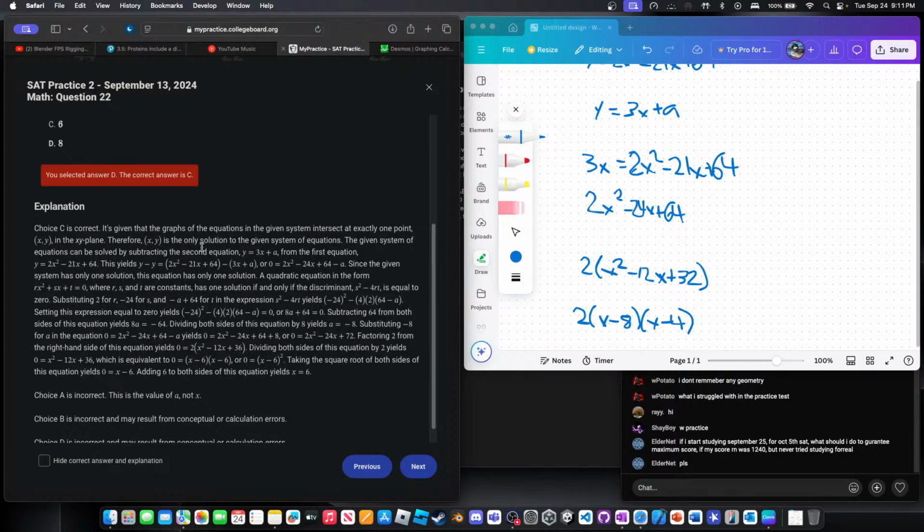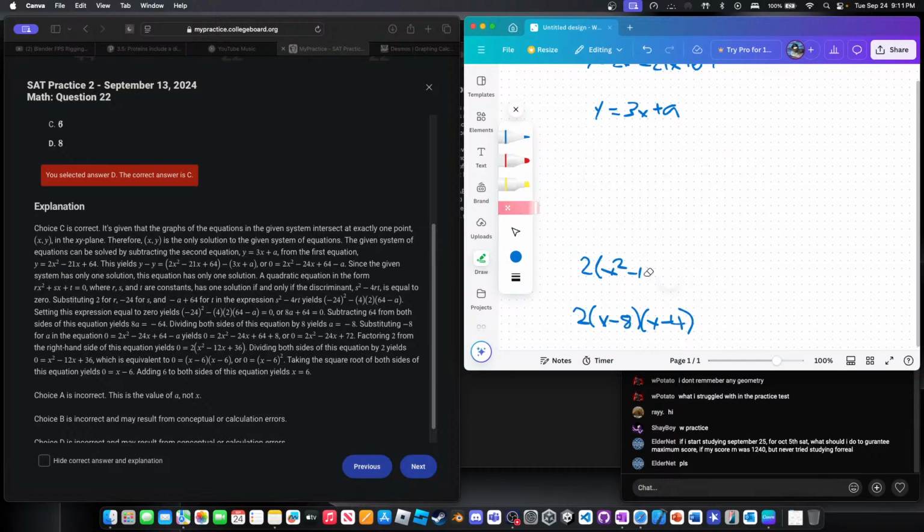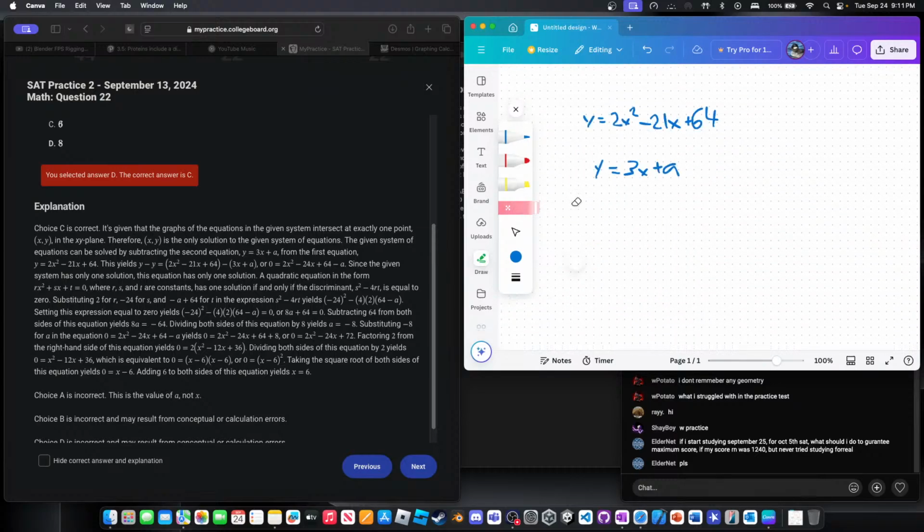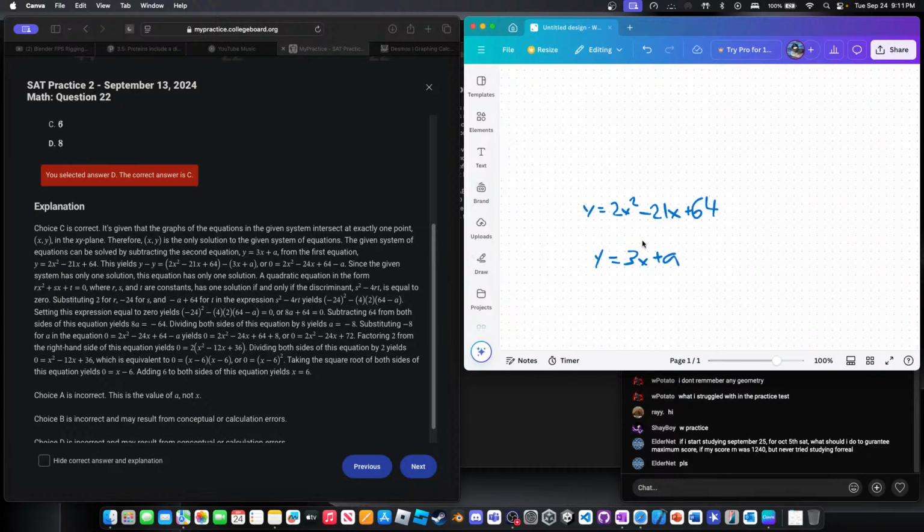Okay, wait. This yields y minus y. Subtracting the second equation from the first equation. Let me do that right now. Let's subtract the first equation. Okay, so let's get rid of all of these. Anyways, so it says to subtract